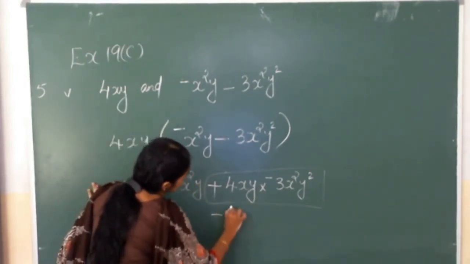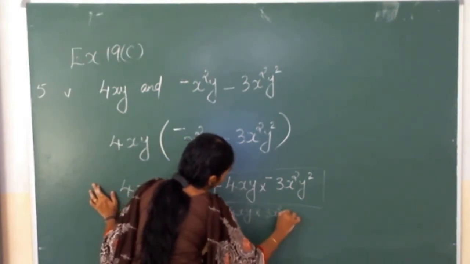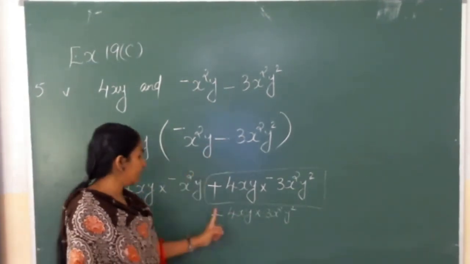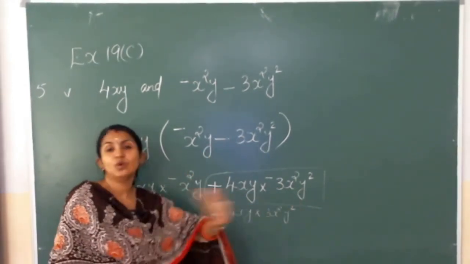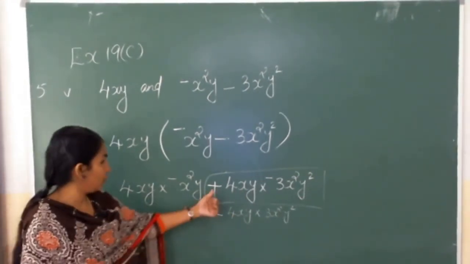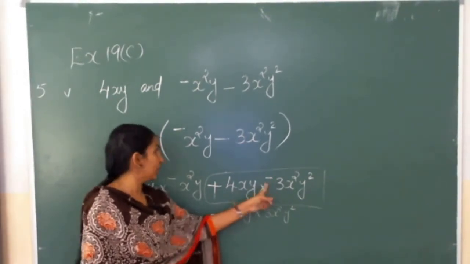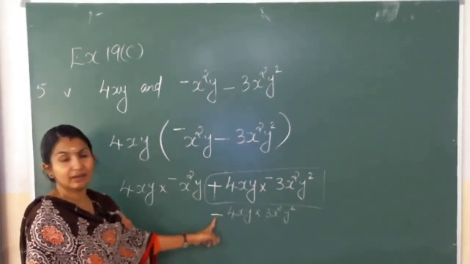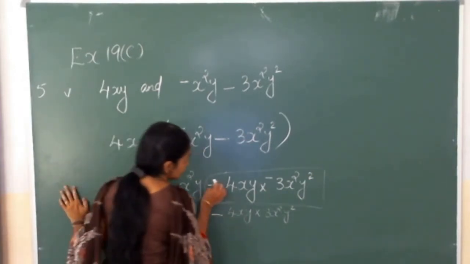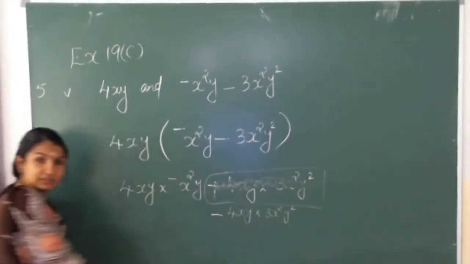If you want, you can write like this way, or if you want, instead of this, you can write here minus 4xy into 3x square y square. This way also you can write. This minus sign directly we wrote here and then we completed. I think this may be easy for you because if you are doing like this way, sometimes you may forget to write this negative sign there. So, better this negative sign, if it is there, just write it there and then complete. So, we can prefer this one instead of this. So, I am just writing like this. Okay. So, we can prefer this.